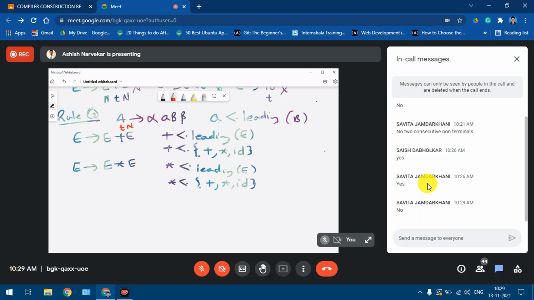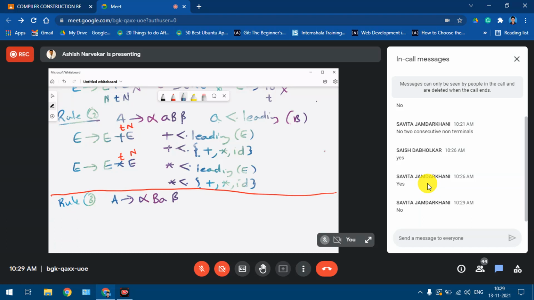Okay. So since we cannot apply rule number 2 to the third production, we have to proceed with the rule number 3. So rule 3 is A derives alpha B A beta.